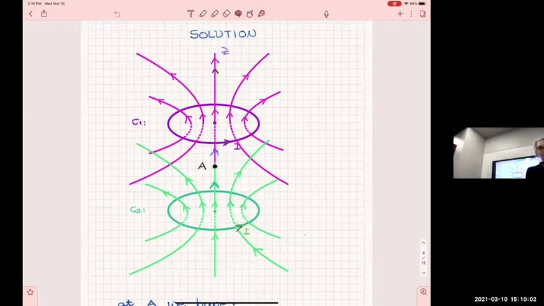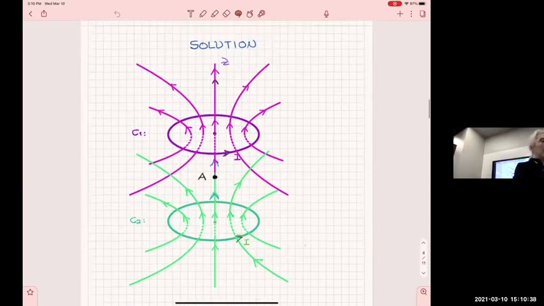Along this axis, where I have identified my point A, the direction of the two fields is identical. You cannot make that argument about any other point, but that axis. Is that clear? Because at any other point, you will have the purple lines coming with one direction, the green lines coming with a different direction, so the directions are not identical. But if you go on the axis of the two loops, the directions of the two fields are identical, which means then going back